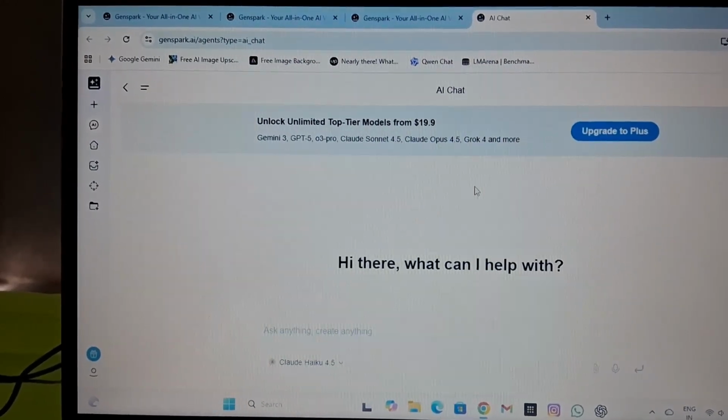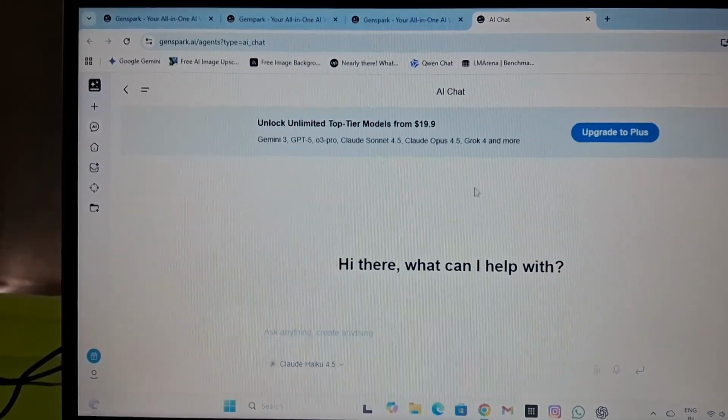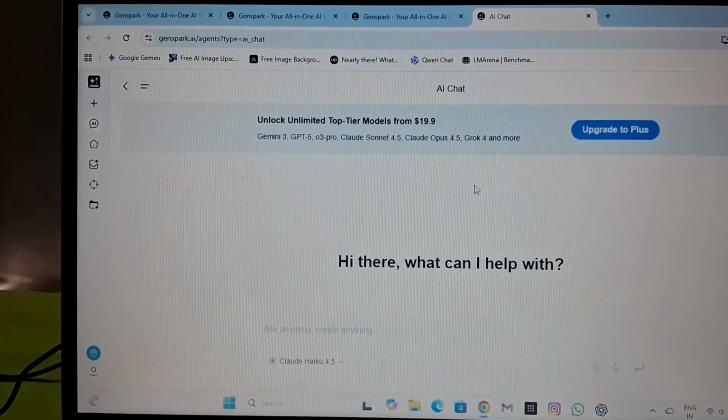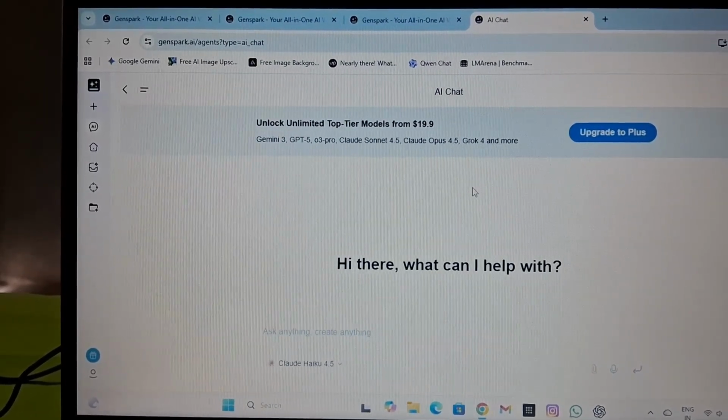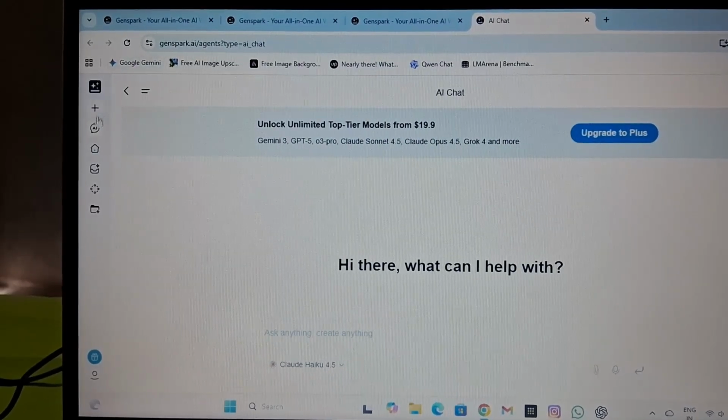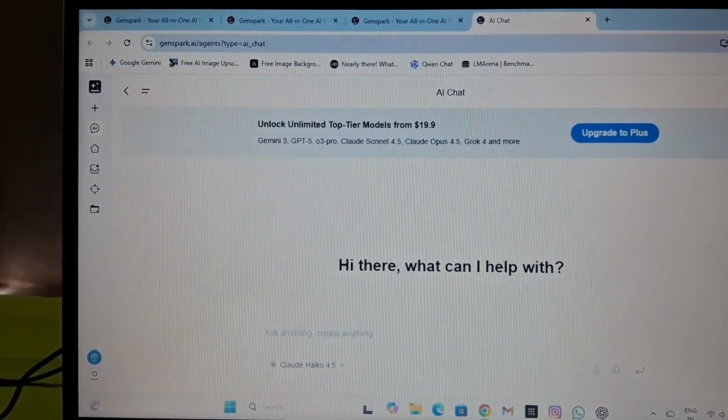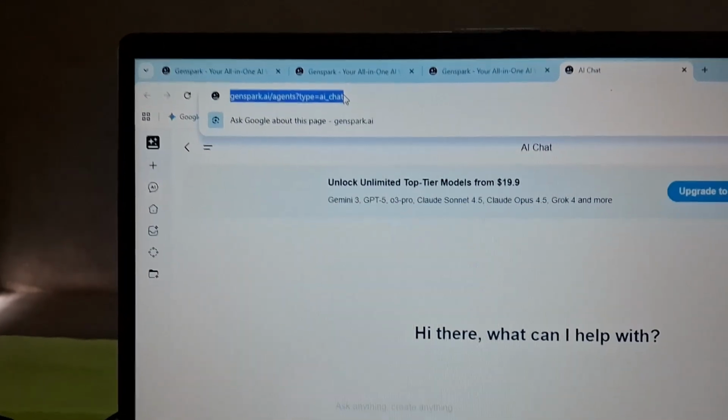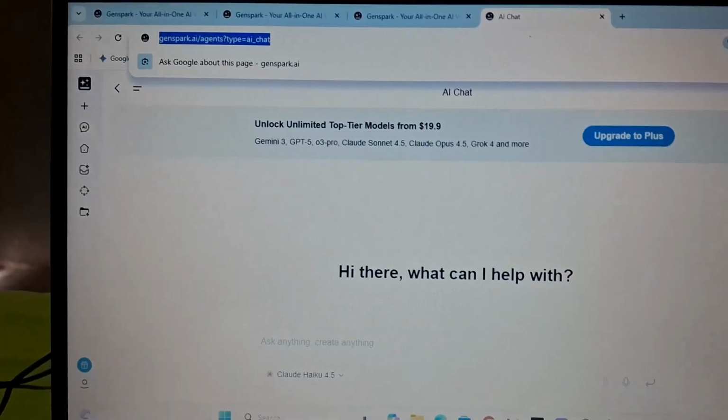So I am a Jio SIM user. So I get the Google Veo 3 premium version free and the Google Nano Banana Pro version free. If you don't have that, you can use this website. Let me show you again. This website name is janspark.ai. This is a totally free website.